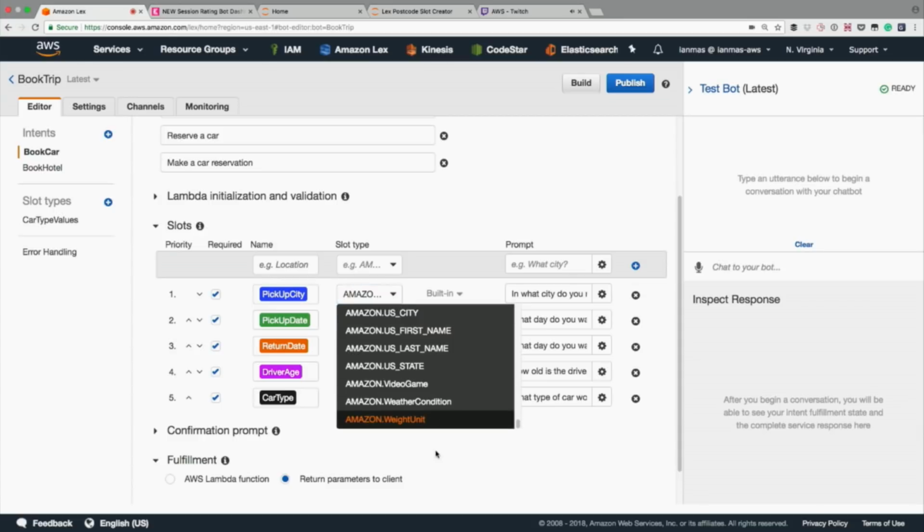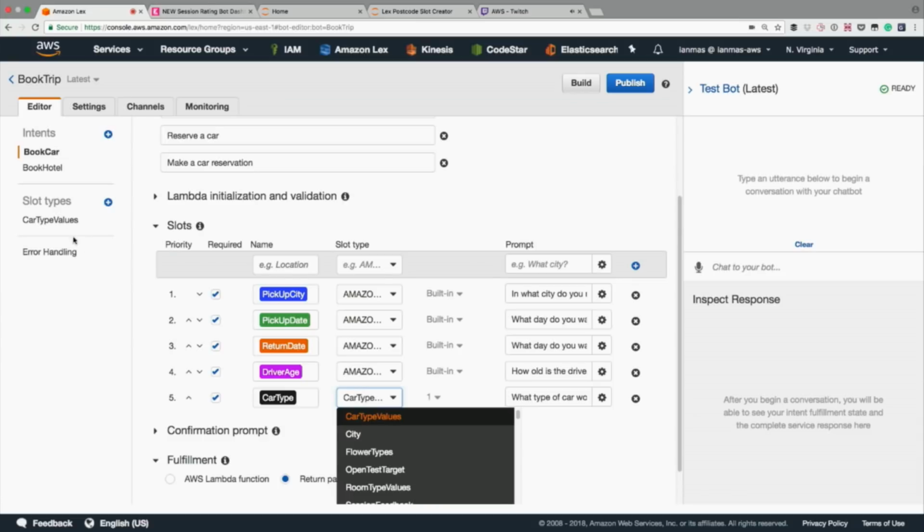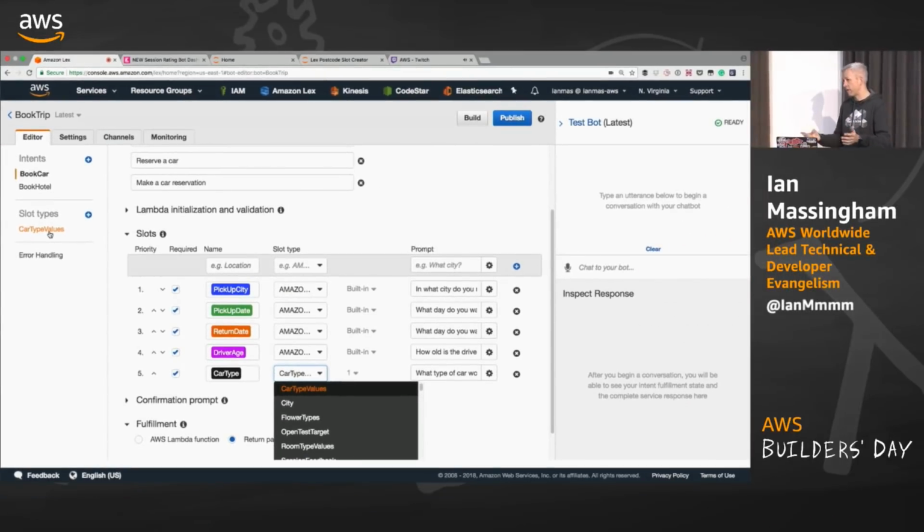We've also got a custom slot at the bottom, which you can see here, for car type. And we can define custom slot types, import our own data, and train our own slots using our own custom data sets. Those can be large or small. In the case of car types, it's not going to be a particularly big training set. Probably luxury, large, mid-size, compact, whatever our phrases are.